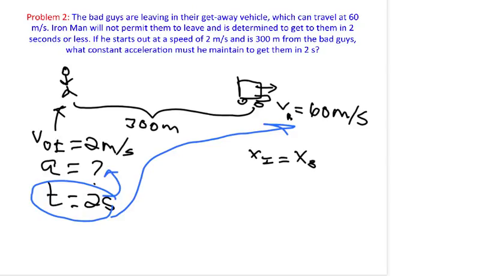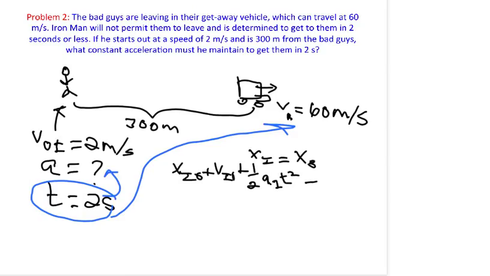Based on that, I want to use the same equation that we used before. I'm going to write it out a little bit different this time. All of these problems, you can do them about 100 different ways, so I'm going to try to give you a couple of ways for each type of problem. So I'm going to write it out as xi equals xi0 plus vi0 t plus 1/2 ai, that's Iron Man's acceleration, t squared equals